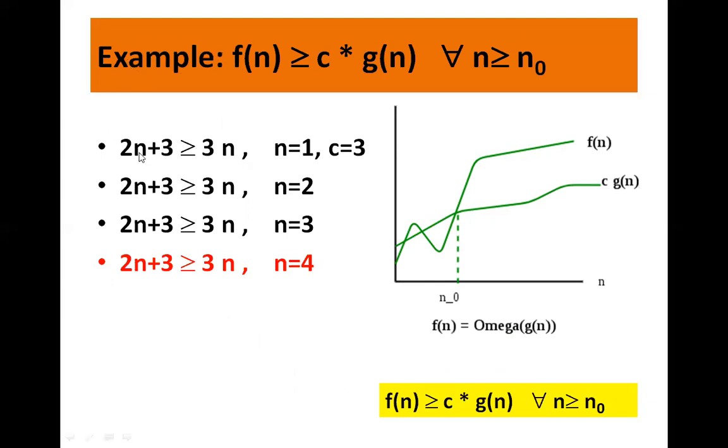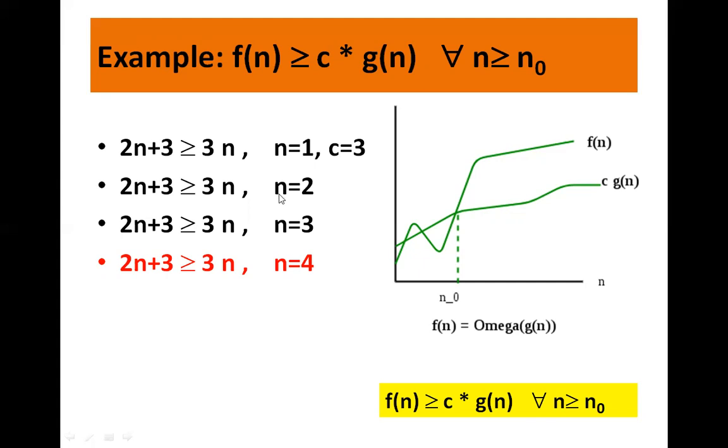So again here, I have f of n as 2n plus 3 greater than or equal to c into g of n. Now, the c value we have taken as 3, as in the previous case of big O notation, right? And n is equal to 1. So right now, c is replaced with 3. g of n is nothing but n. So now let us have n is equal to 1. When n is equal to 1, will the condition be true? This will be 2 plus 3, that is 5, and this is 3 into 1, that is 3. So the condition is true. 5 is greater than 3.